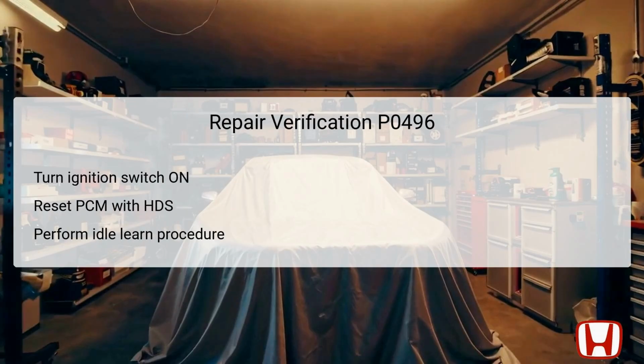Once reparative actions have been taken, it is crucial to verify the effectiveness of those repairs. Start by turning the ignition switch to the on position, which powers the vehicle's systems without starting the engine. The next step involves resetting the powertrain control module, PCM, using the HDS diagnostic tool. The PCM is the central computer that governs the engine's operations and requires resets to ensure the new settings are